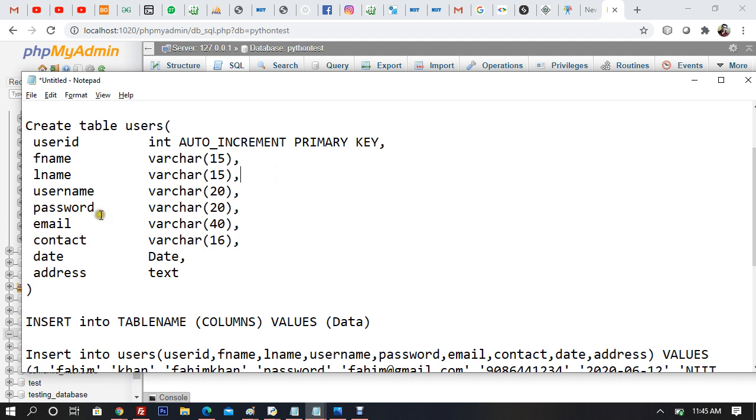I do not want duplicate emails to be entered. I do not want duplicate contact numbers to be entered, right? And for that, we are going to add a key, which is known as a unique key. So what is unique? Unique means it's not duplicate. Once I say it's not duplicate, what do I mean? That means the database table is not going to allow me to enter something that's already there,